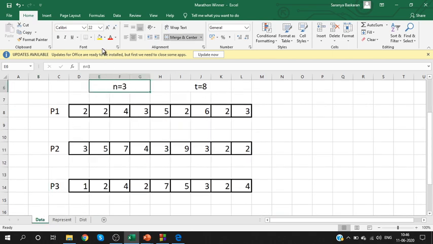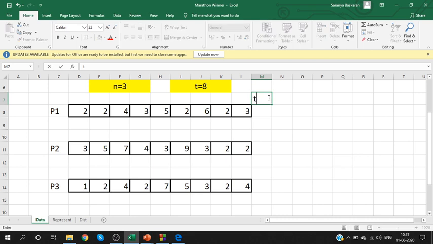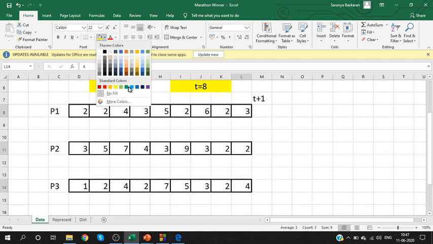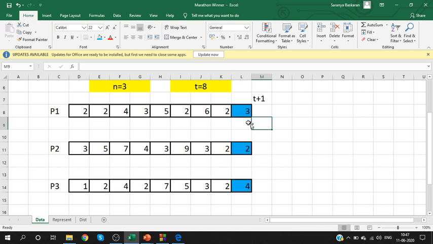Okay, so for example, let me consider this is the data we have. Okay, n is equal to 3 and t is equal to 8. We have these two data. Now n is equal to 3 means how many participants? 3 participants. t is equal to 8 means 8 indicates the time slice. What did they tell you? The input will have t plus 1 data. What is this last data? Remember, what is this last data? This last data indicates distance covered in each step. What about the remaining data?